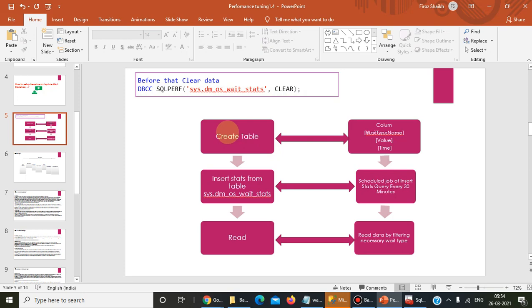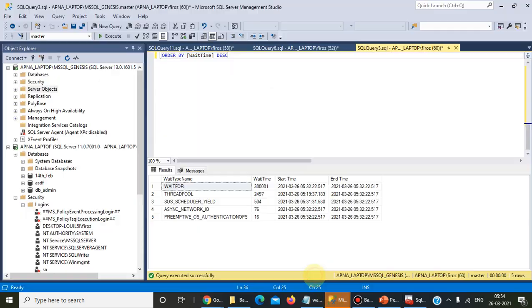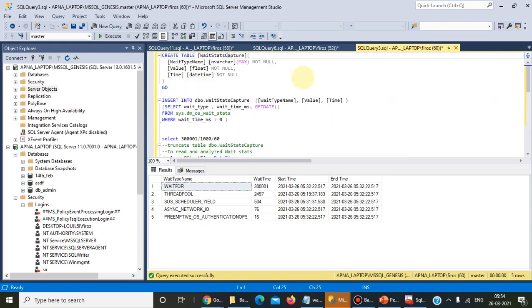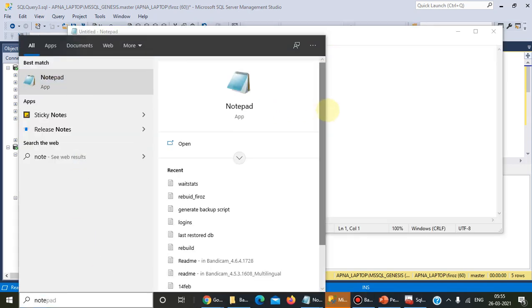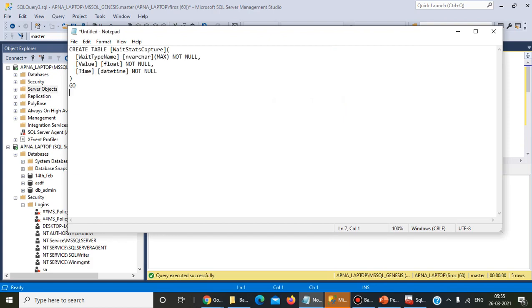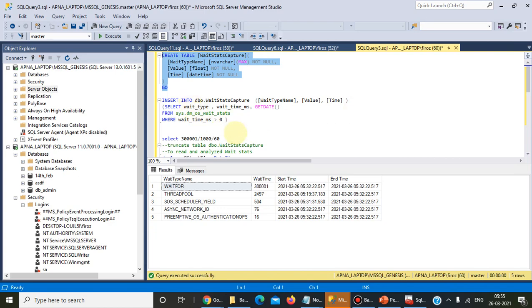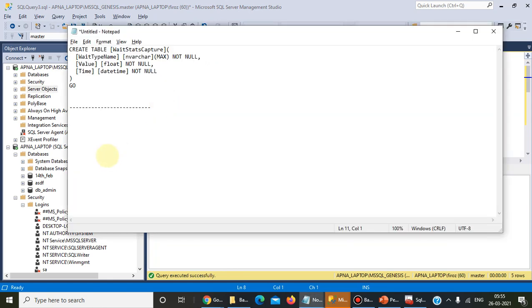After that, we need to create this table. After that, we need to schedule this insert command.